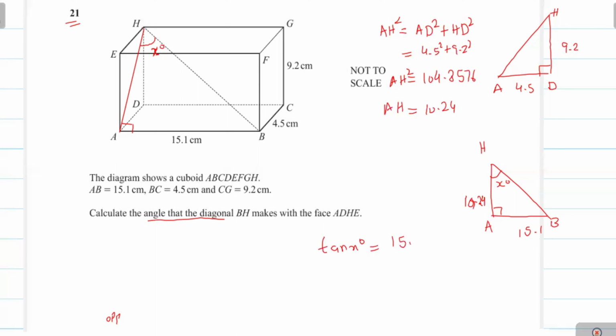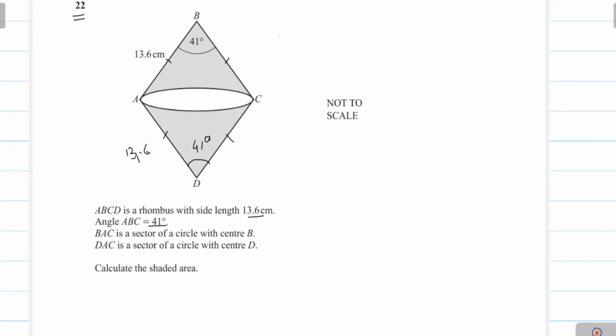The diagonally opposite angle will also be 41 degree because in the rhombus, the diagonally opposite angles are always equal. You see here we have to find the area of this shaded region, which will be equal to the area of the rhombus